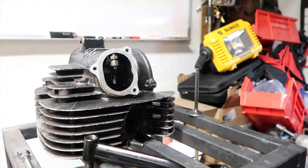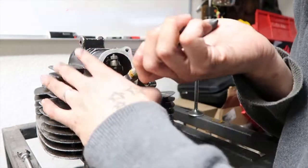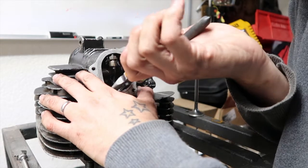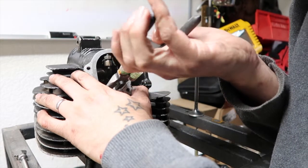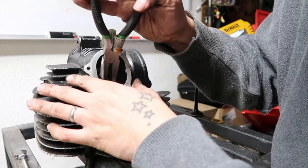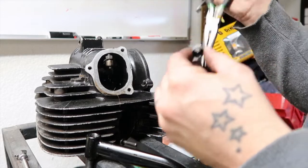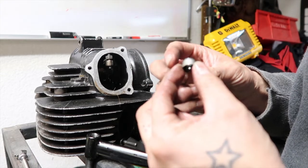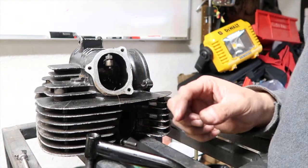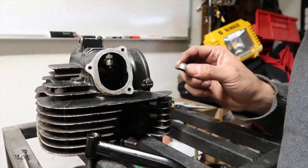All right. And then I'm just using some needle nose pliers to pull these valve seals off. There we go. So there's that. They actually did not look in terrible shape. I've seen some really bad ones, so I mean, they're not terrible, but